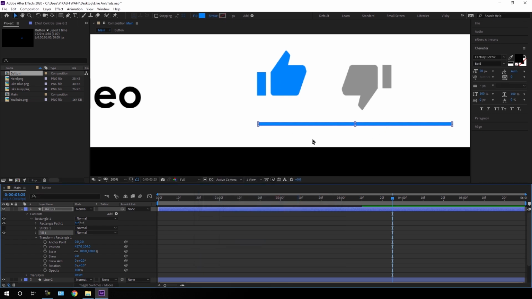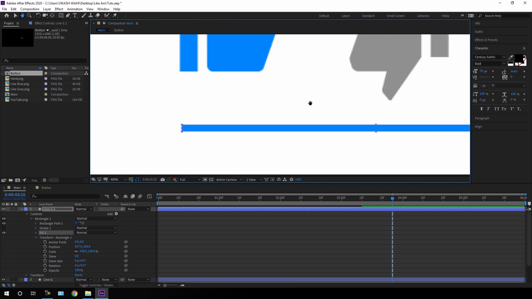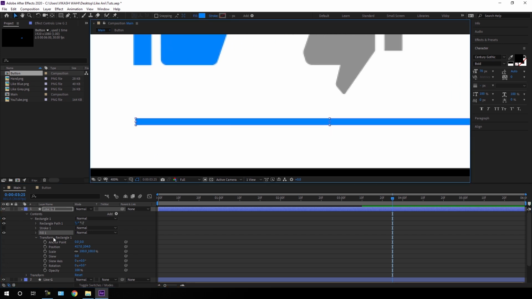Now I'm going to animate this blue line. So what we have to do, just select this transform rectangle one and select this pan behind tool, and here we have a different type of anchor point. So let's move this anchor point on the left-hand side right over here, and then hit Control and scroll down